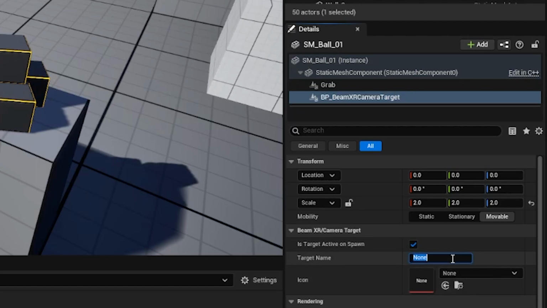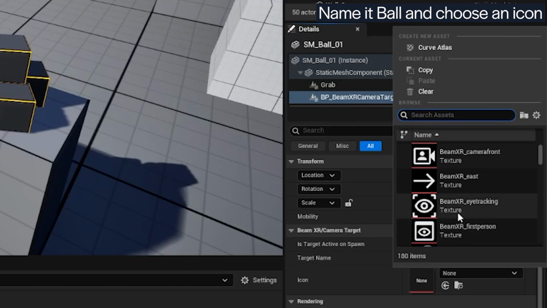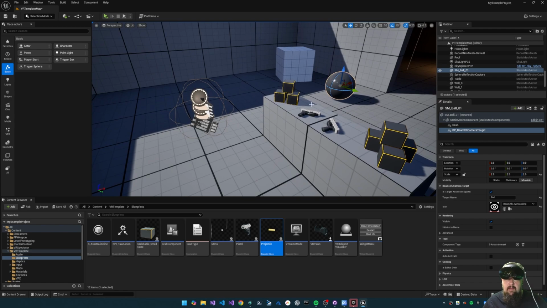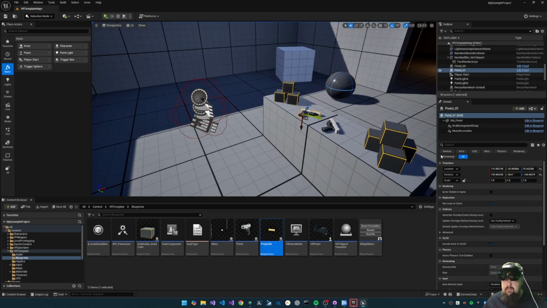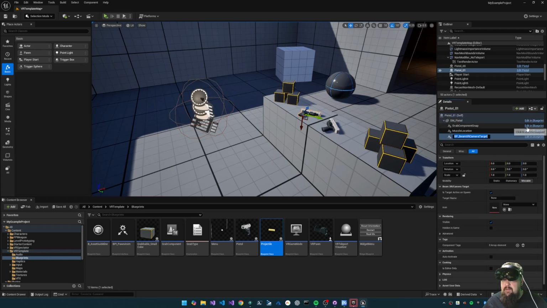This time I'm going to call it ball, and we'll set this texture as our iconography, and let's also add the left gun. Let's add another camera target, call it gun,